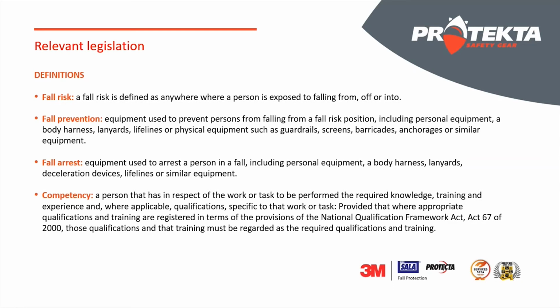And a very important point, because if you look at these days, that is the golden rule guiding anywhere where people are exposed to working at heights or working in a fall risk position. So they define it as anywhere where a person is exposed to falling from, off, or into. It's a very short, concise definition, but it opens up a lot of discussions normally when you get onto a site,